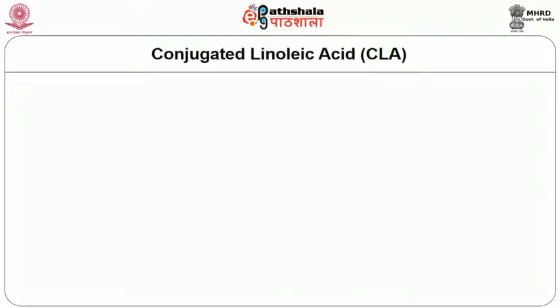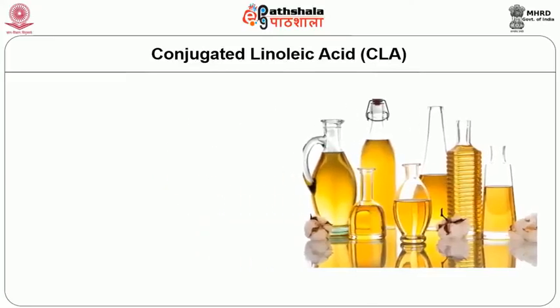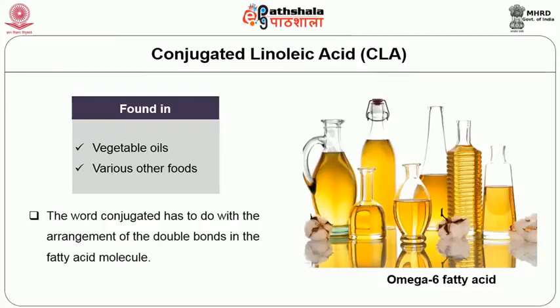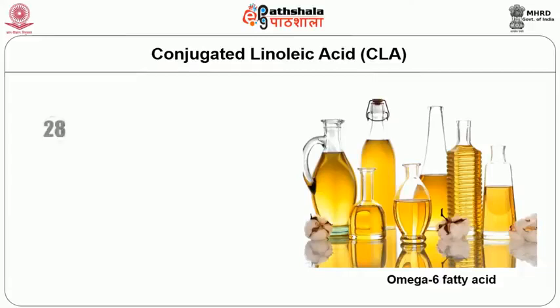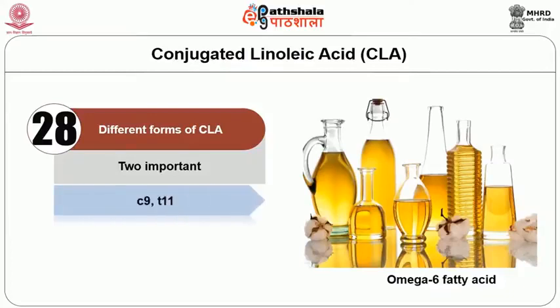Let us understand what is conjugated linoleic acid. Linoleic acid is the most common omega 6 fatty acid found in large amounts in vegetable oils which we commonly consume, like peanut oil, mustard oil, sunflower oil and safflower oil, but it is also available in various other foods. The word conjugated has to do with the arrangement of double bonds in the fatty acid molecule. There are actually 28 different forms of conjugated linoleic acid, but two of the most important ones are C9, T11